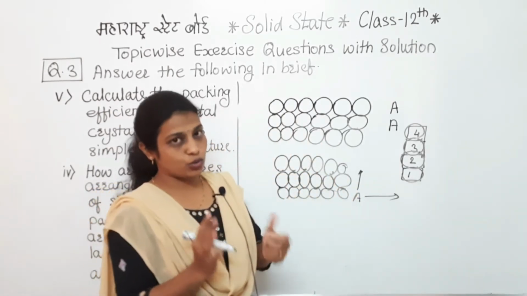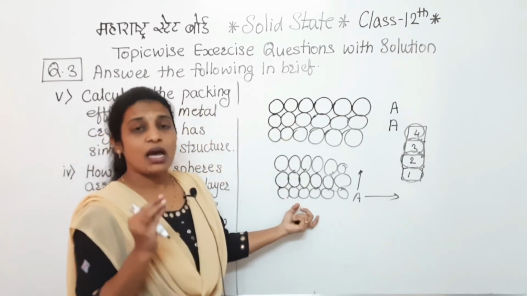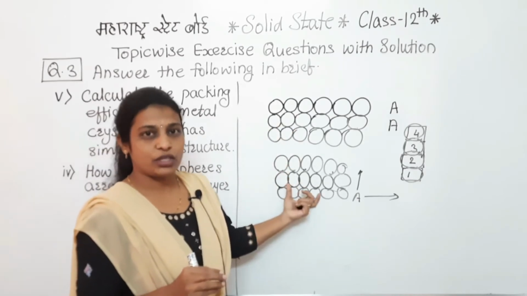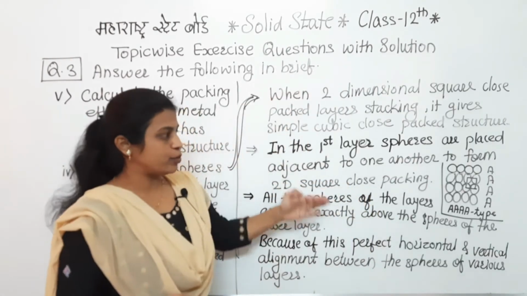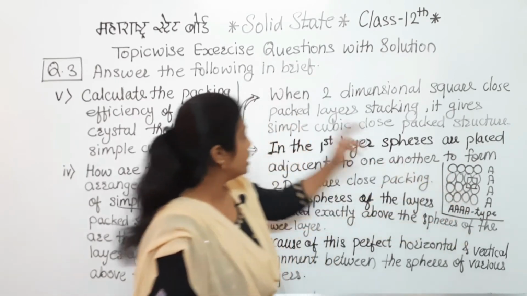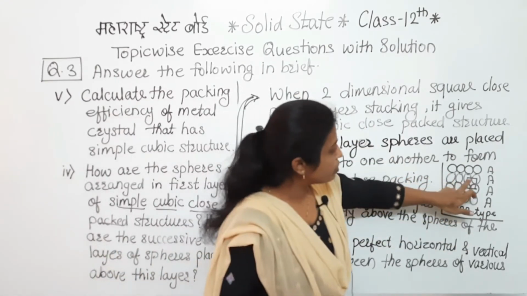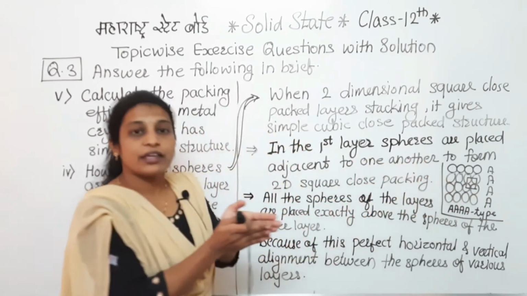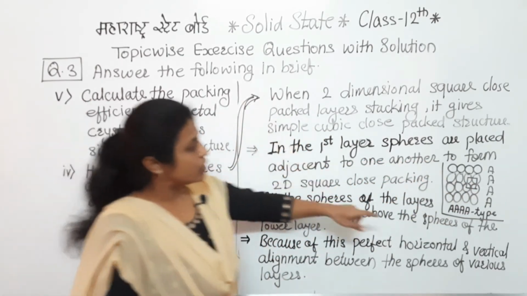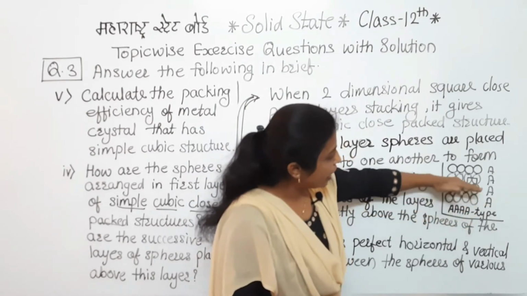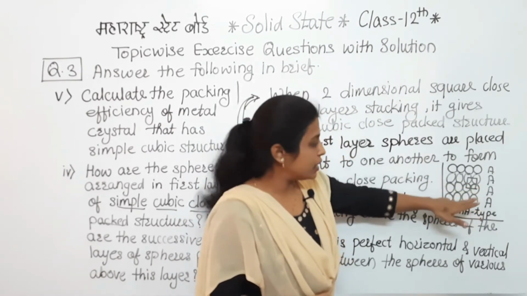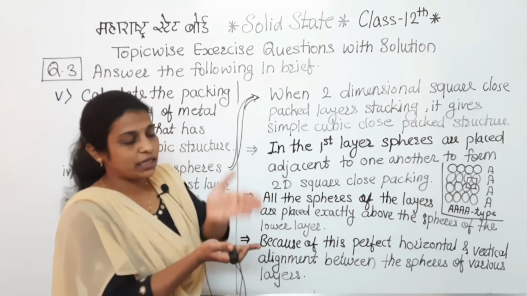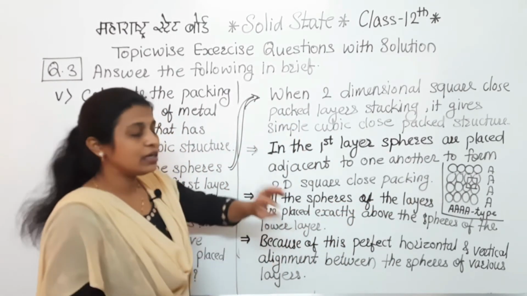So the theory part, how to write, I have cleared that concept. Which points you have to write in that question, that I will give to you. So you have to write all these points. Here I have given a diagram also. See here, when the two-dimensional square close packed structures are stacked on each other, in this way, first layer with the second layer adjacent to it, the first layer is the horizontal and the second layer we can say is the vertical, they are aligned perfectly.